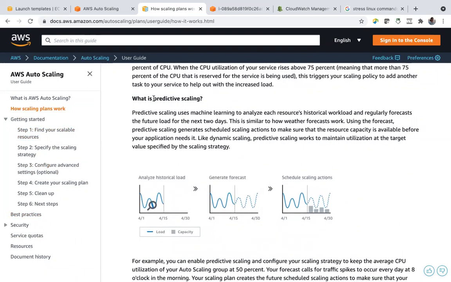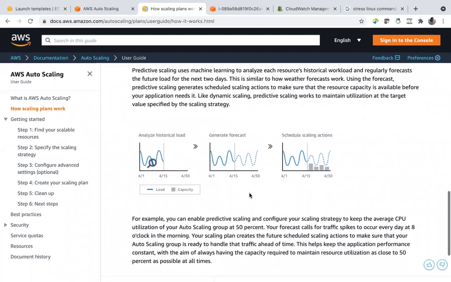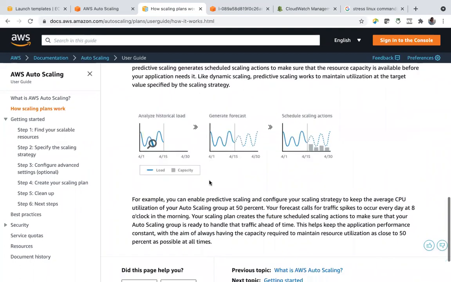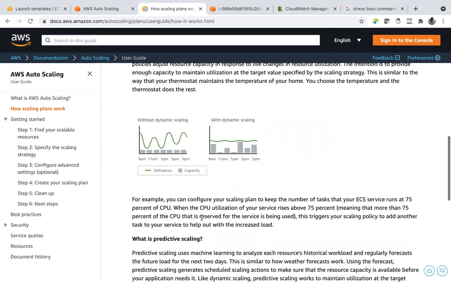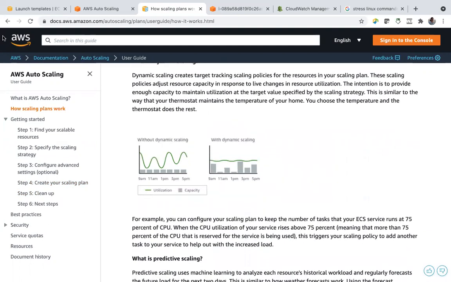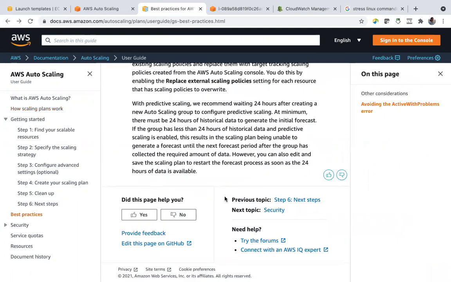So previously predictive scaling was not there. Predictive scaling is a very recent one. When I last used AWS with auto scaling a couple of months back, predictive scaling was not there. There was only dynamic scaling. So predictive scaling is a very recent addition. Okay, you can go through this if you want any extra information about scaling, but we are checking about the stress installation and stress commands.